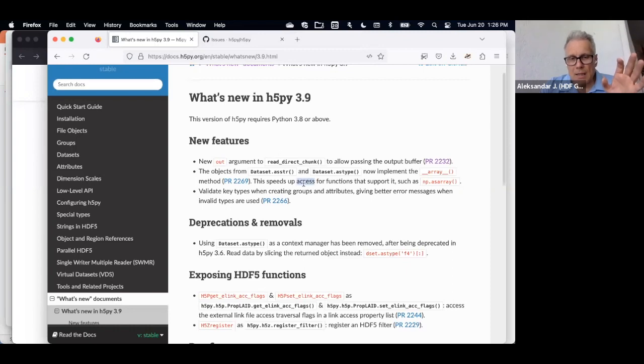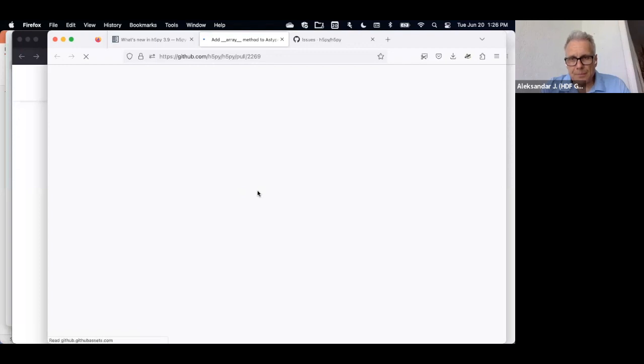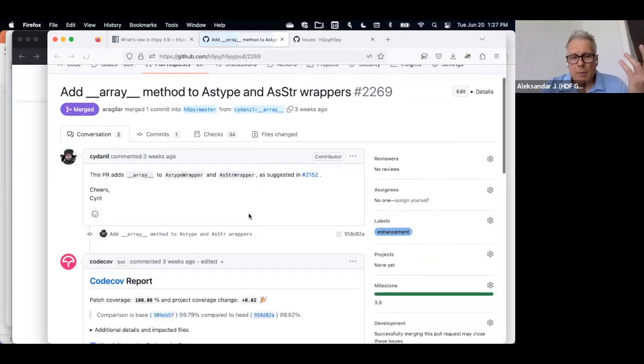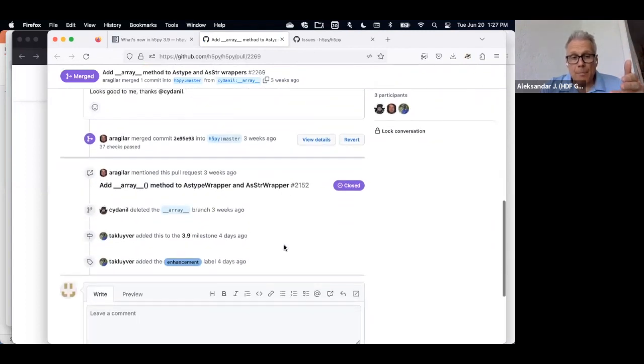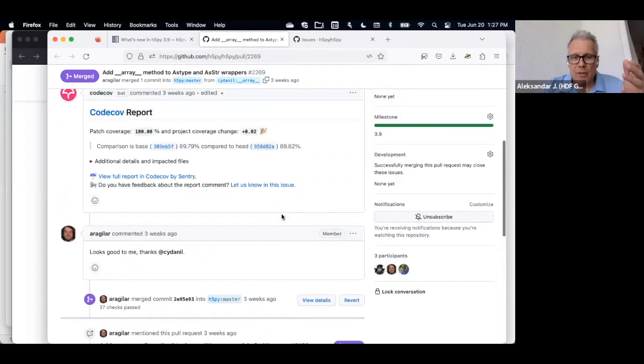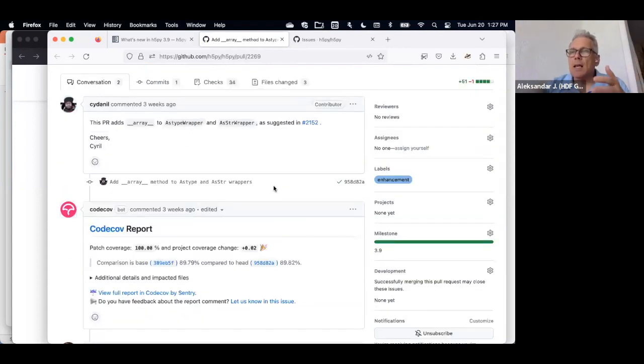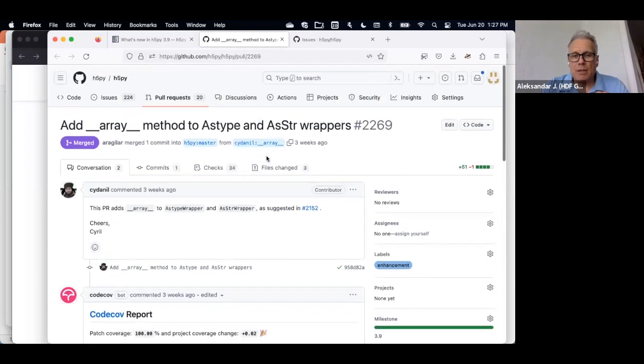Kind of closely related is the ability to support the special method in Python called __array__. This method also helps communication between NumPy and other Python objects with h5py, and that's now also there. There's a lot of interest nowadays in quickly passing objects that are directly written into an HDF5 file, so to some degree bypassing perhaps the HDF5 library machinery, or not.